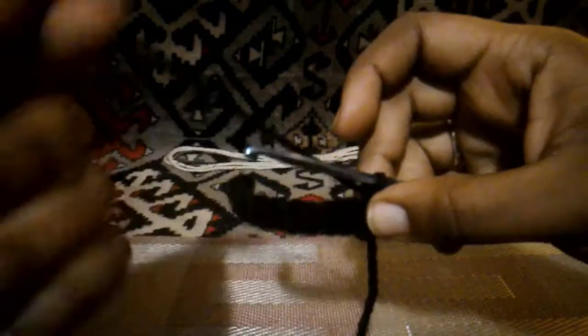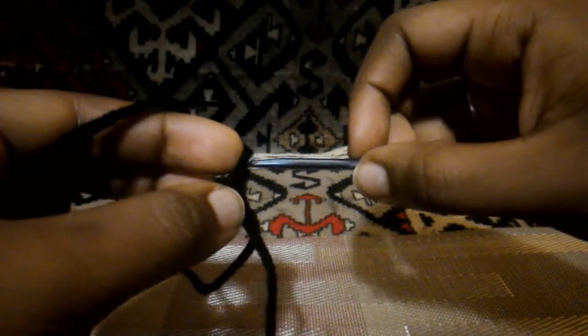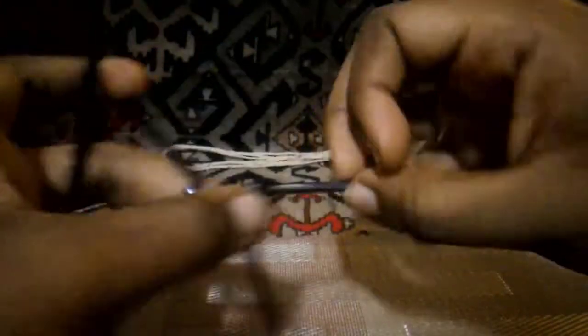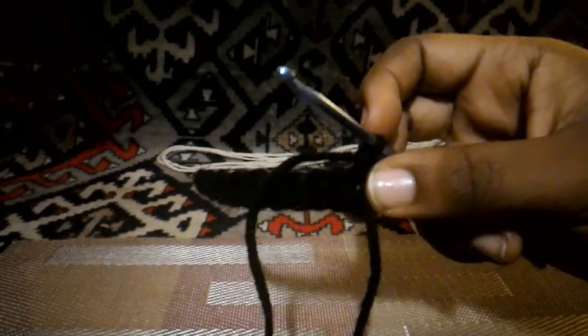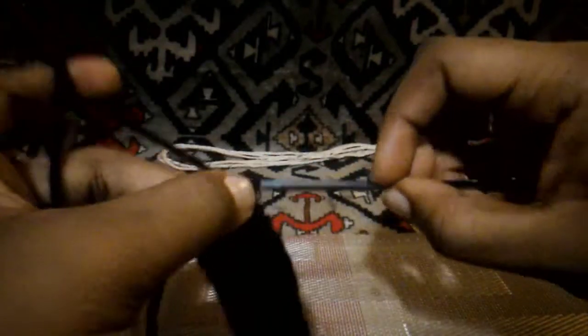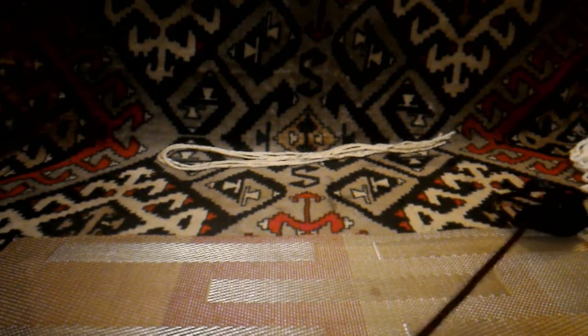And also for this, make sure you go into the same stitch as you chained 1. So let me just show you what I mean. After you have chained 1, go into the same stitch again and do a single crochet. After you are done, this is what it's going to look like, a simple row of 3 rows of single crochet. And after that, you are going to chain 1, cut off your yarn, leave a long tail,